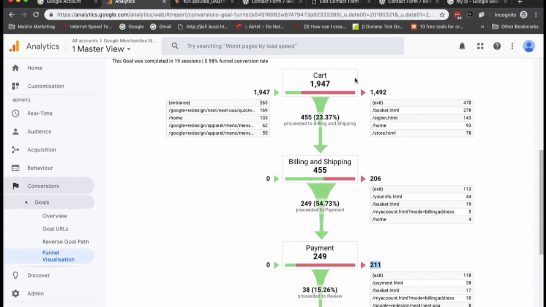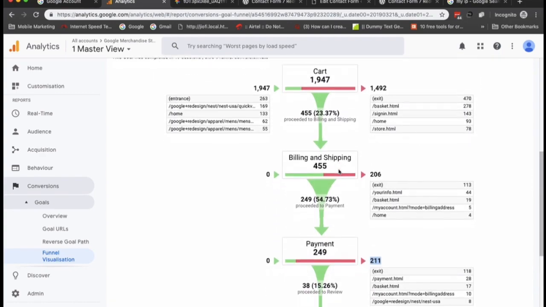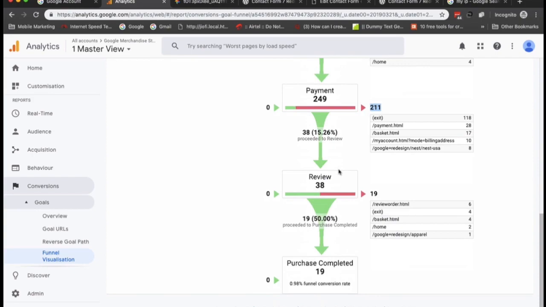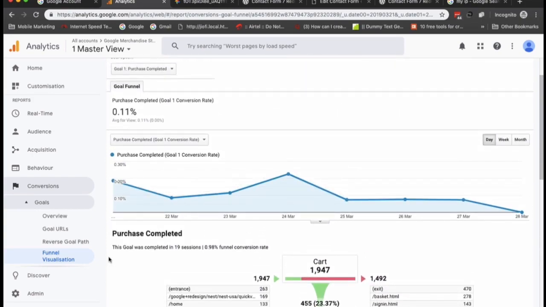So with the help of the funnel, we can track such bottlenecks in the system and try to overcome them with fixes. So I would like to show you how this can be set.